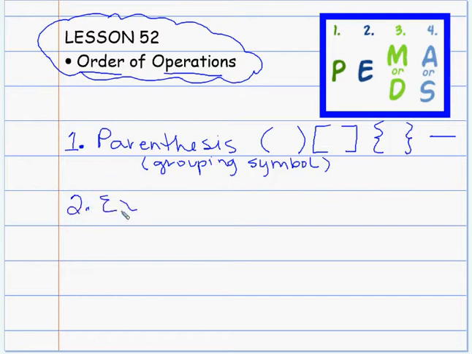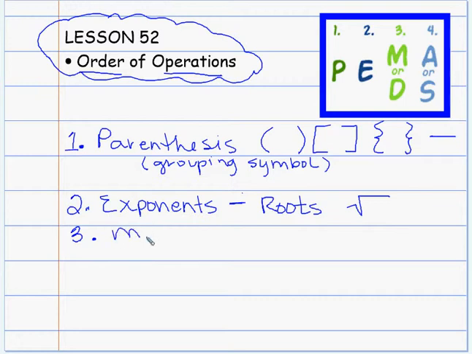That would stand for exponents. And in this are also roots, like square roots. Those are done at the same time. The third thing that we're looking for is multiplication and division,